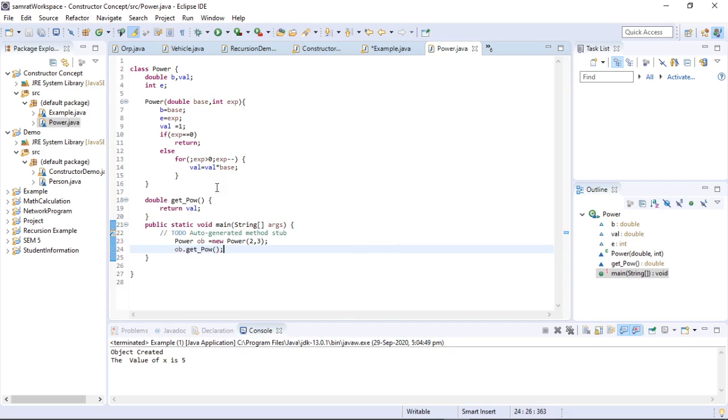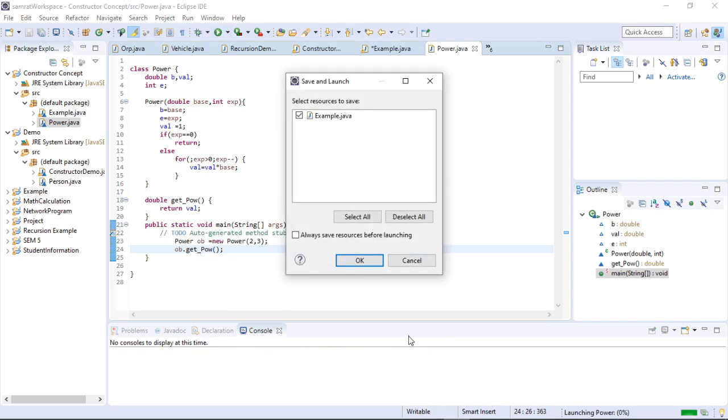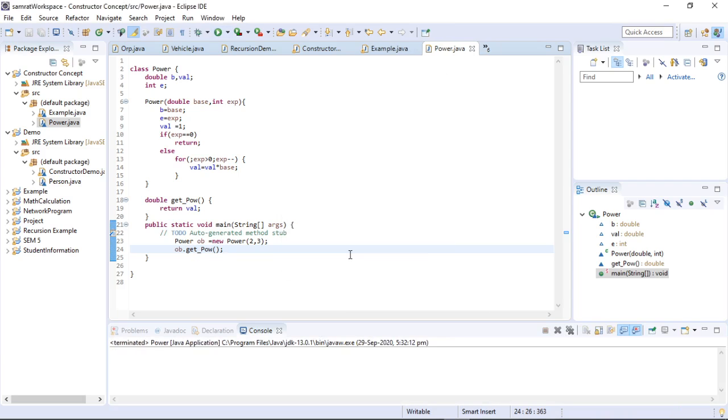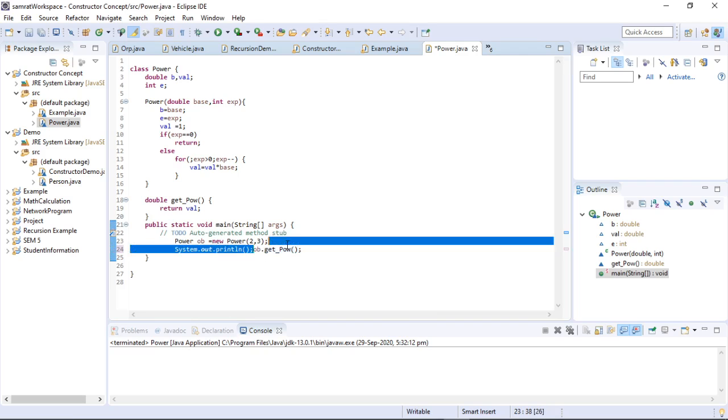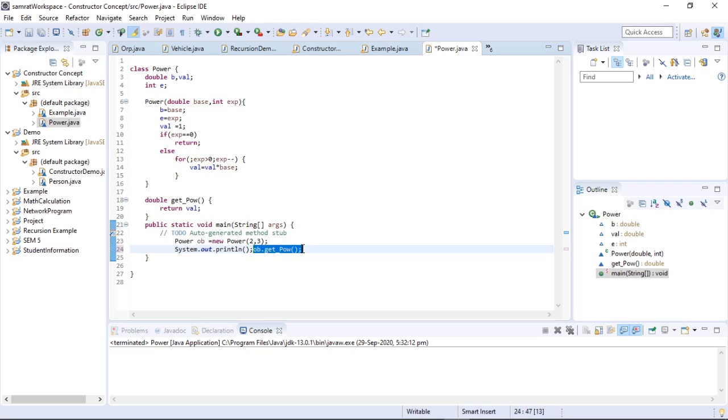After doing this, save this and run it. It will return, but here it will not show. It will show if you give a System.out.println. If you write sysout, and then inside sysout you put this, Control X and Control V, then what will happen is that,